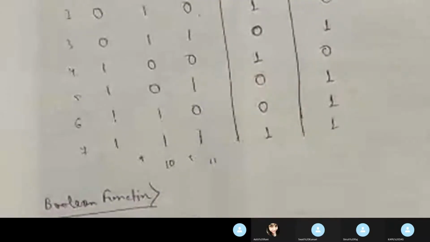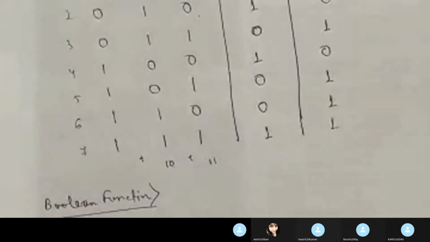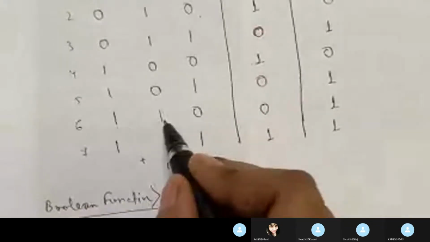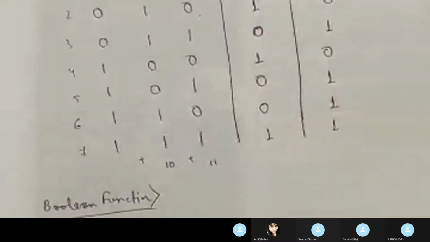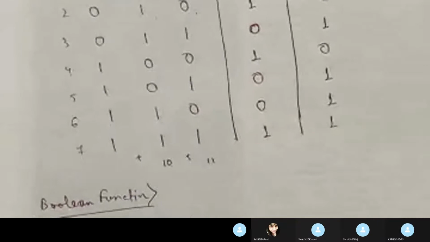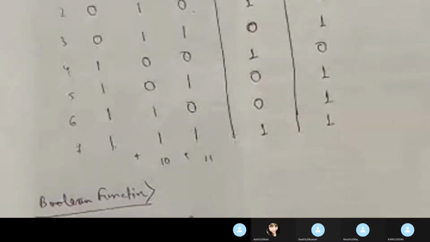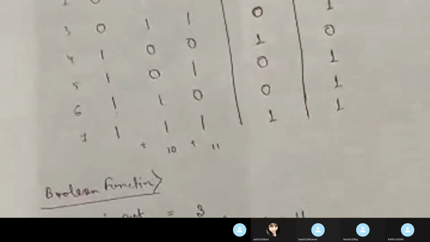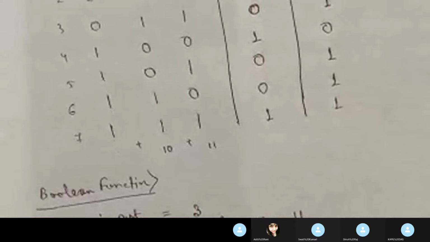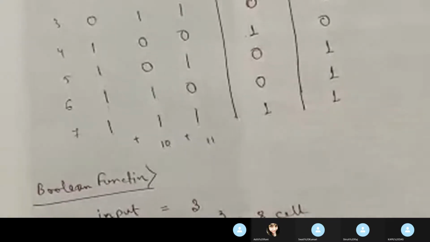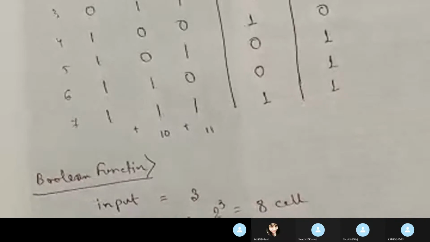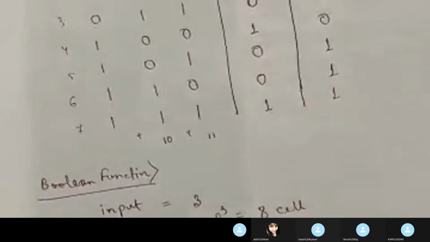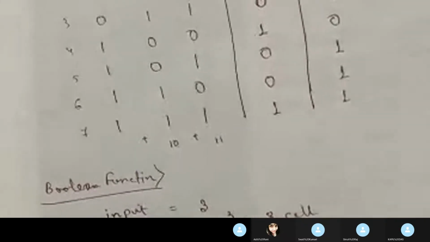Next आ जाइए 1 0 0, 1 0 0 पे this is 1. Next 1 0 1, it is 0. Next 1 1 0, it is 0. And for 1 1 1, it is 1. So this is the Carnot map or K map of sum of full adder. सिर्फ सम के एक्सप्रेशन का ये Carnot map है.